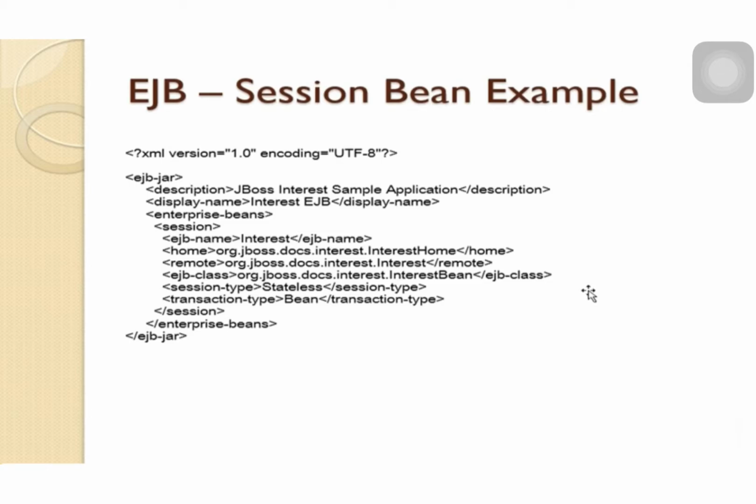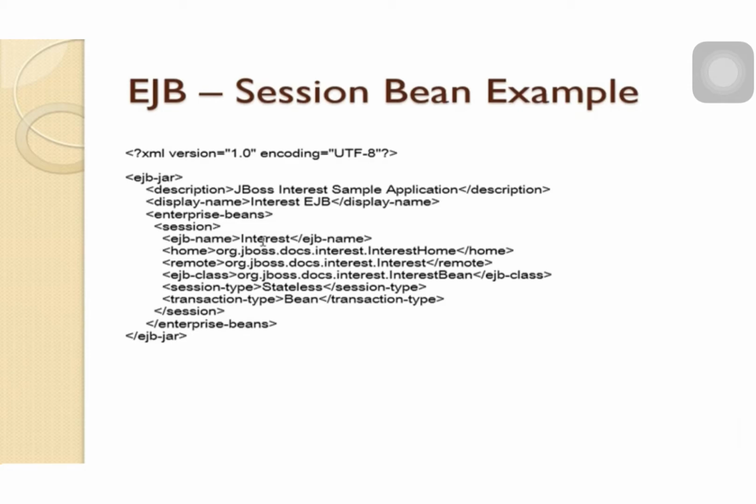Now this is the configuration file of this session bean. We can see this is the description. This description is just read by human beings. Display name inside of the JNDI. Now this is the EJB's name. You know that when a session bean is created, we need first to register this bean into the JNDI. Actually, the JNDI is an index service, right? An index service. So we need to prepare this configuration file to help us register this session bean into